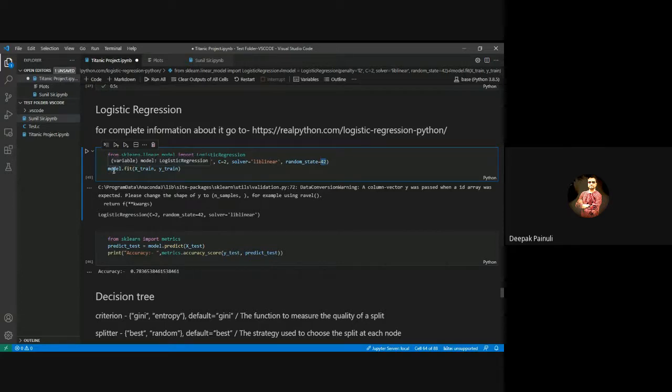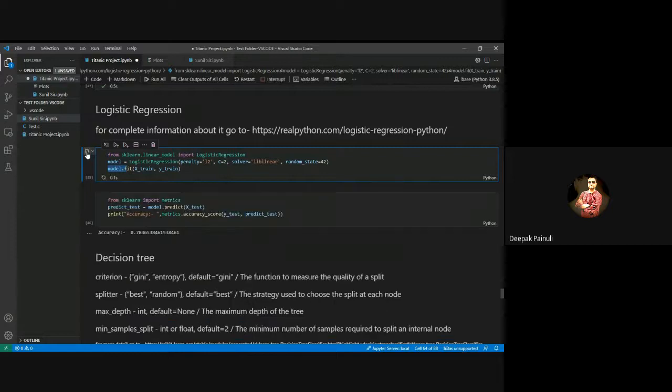After that, I have used model.fit, which means LogisticRegression.fit. I am fitting our model on X_train and y_train. Obviously, this is our training data. X_train is the input data, and y_train is the output data of that particular input data, of the train set only. So for the train set, I have just fit the model, which means I am training our model on this data. So let's train it.